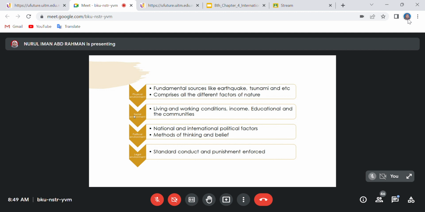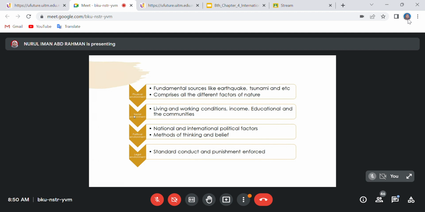Anxiety is from political environment and the national and regional political factors and methods of thinking and belief. When the political situation of the country changes, automatically it will give rise to new risks. Okay, contoh risk tu before ni tak ada, but after change party and change the government, and then ada pula